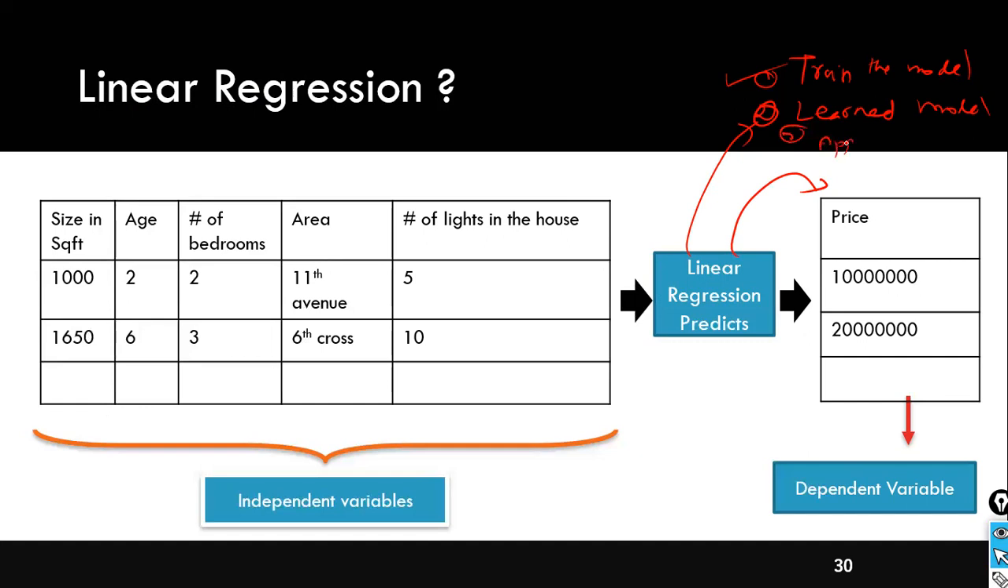Apply this learned model on this unseen data. If you go and tell someone, okay, I developed a linear regression model,